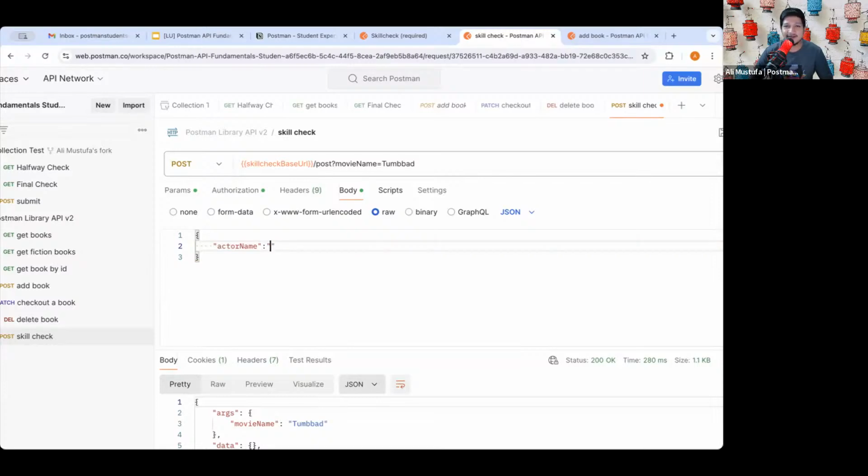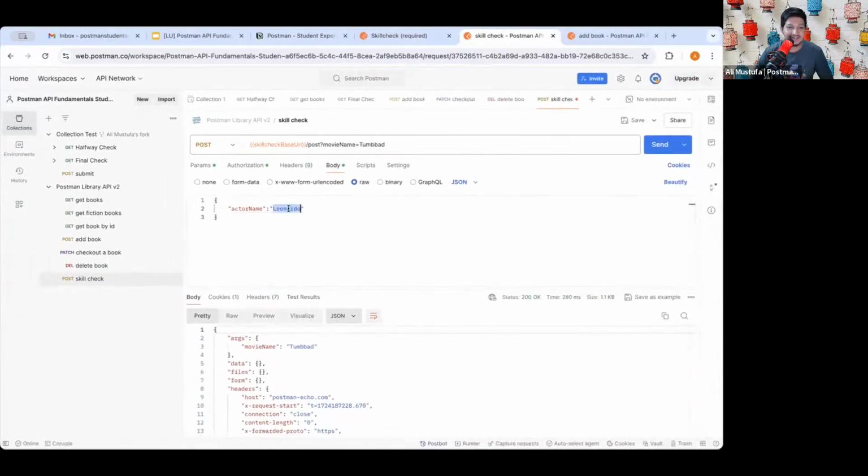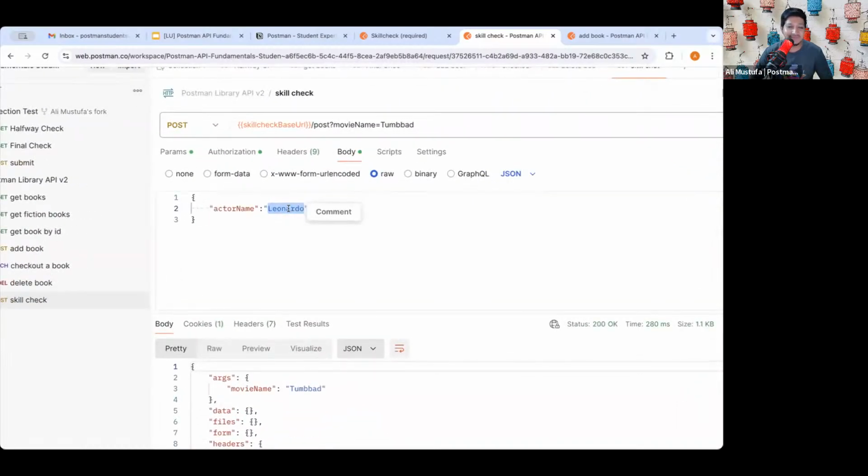Now, see, this is where I am not good in remembering actor names or movie character names much. So yeah, I'm going to just go with one of my favorite actors, Leonardo. Okay. Yeah, you can select Salman Khan if you like him or anyone else, just don't select